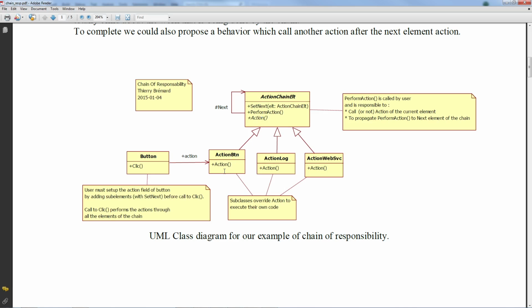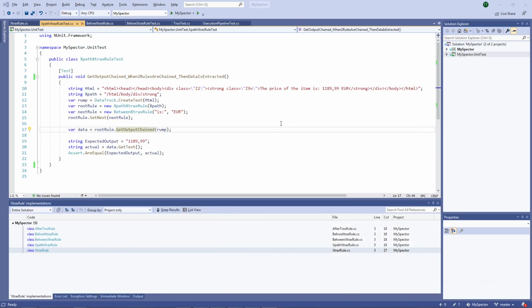So you make action without passing any values. And during the implementation, I needed to pass values. So the HTML is the input of this node. This node output is the input of the next node, and the next node output is the output of all the chain.